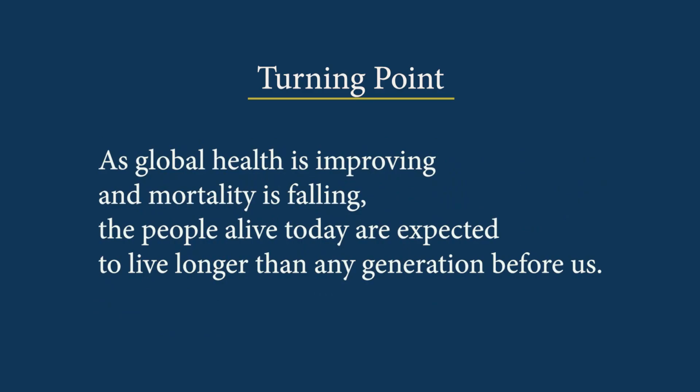But the number of people of working age and old age will increase very substantially over time. As global health is improving and mortality is falling, the people alive today are expected to live longer than any generation before us. So this is the key idea here: the base of the pyramid is not going to expand much. Rather, due to three points: one, falling mortality; two, falling TFR, or total fertility rates; and three, expansive improvement in healthcare and education and other related things,